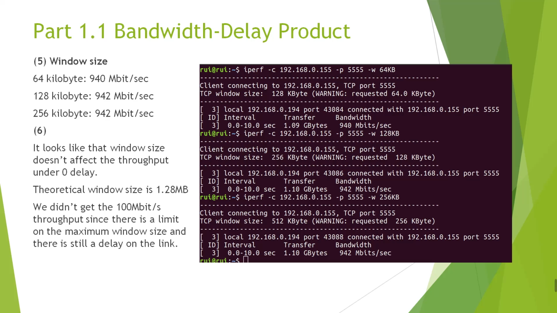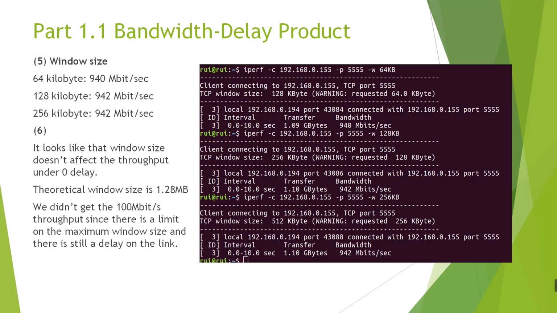And we also did some experiments where we add some delay to the link, and at this time, if we change the window size from 64 kilobytes to bigger ones, we see that the throughput actually changed: when the window size is bigger, the throughput will also be bigger. This is because if we add delay to the link, the increase of window size will have some delays, so the 64 kilobyte window size will grow slower than the bigger window size, which makes the throughput a little bit smaller than with the bigger window size. So for the sixth question,